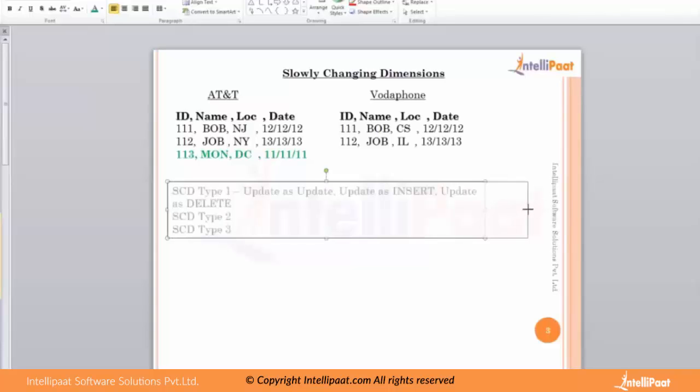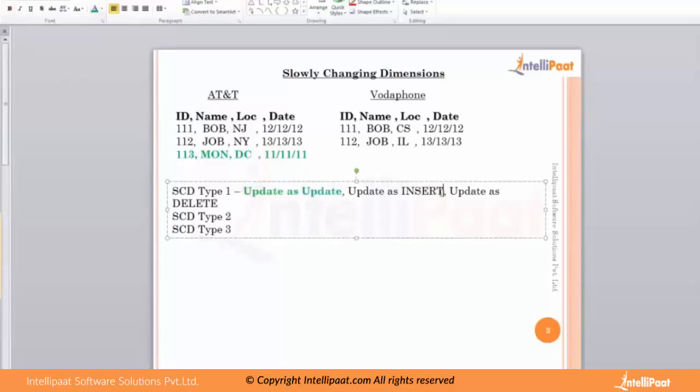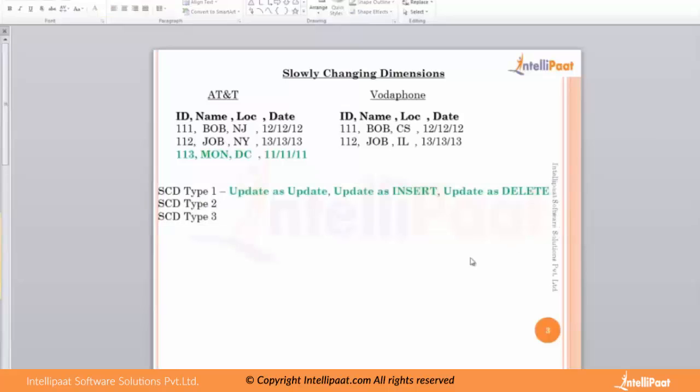So this is the significance of SCD type 1, where we want to take up update as update, update as insert, and also update as delete. If anything happens on this, we call this SCD type 1. From the data warehousing side, it is very important so that we can manage all these things on the